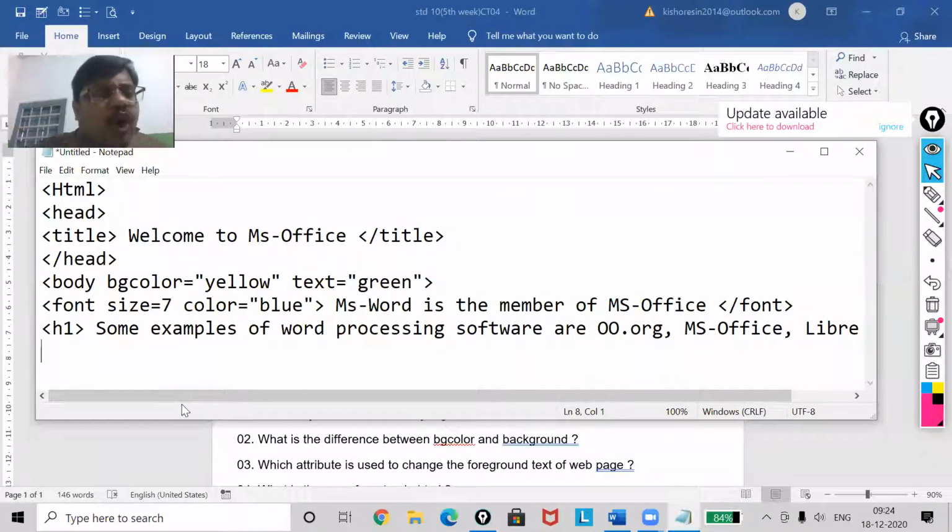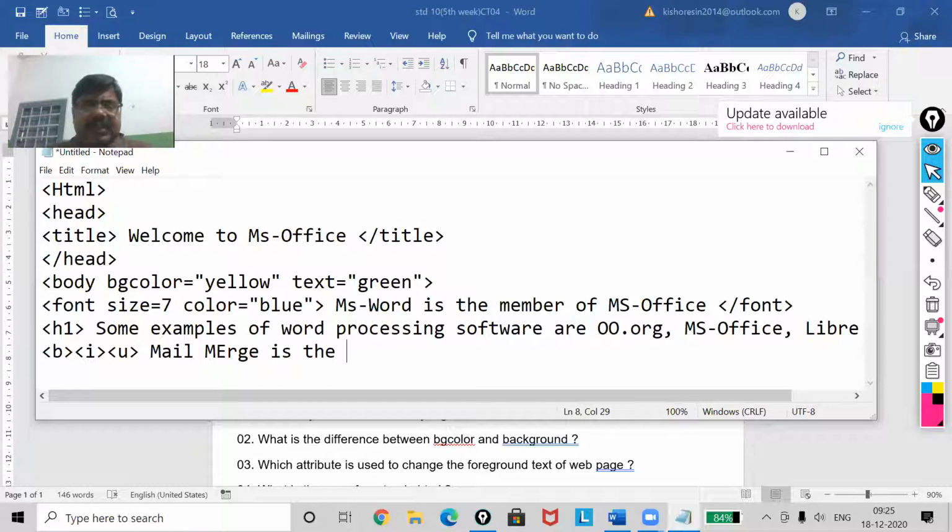Okay, now my next part is make bold, italics, underline. I'm showing this all together. Bold, italics, underline. Now what I have to make bold? This is my text: mail merge is the important part of MS Word.